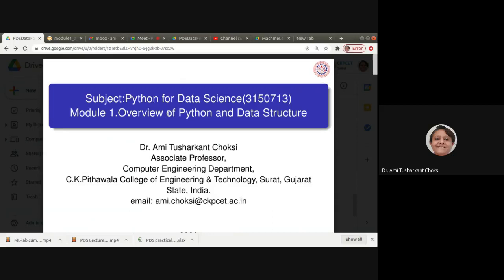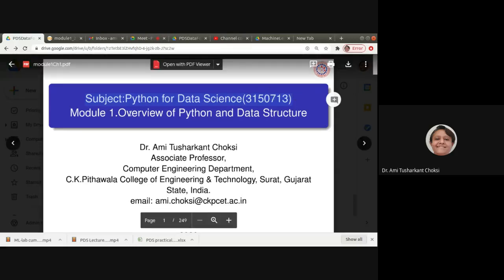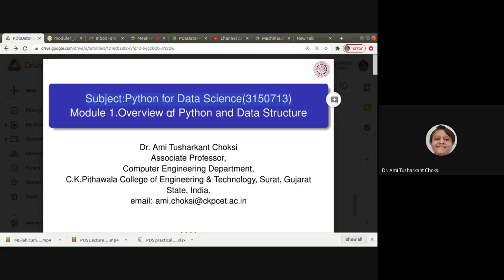We are learning our subject Python for Data Science, 3150713. In that, we are learning our module 1, that is overview of Python and data structure.